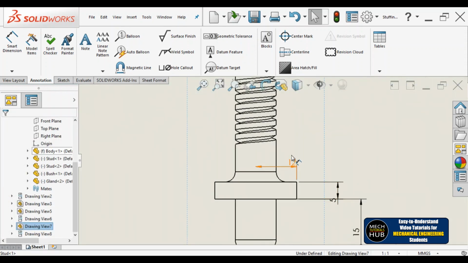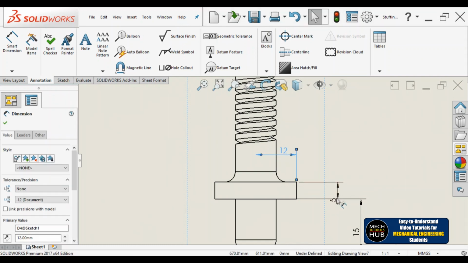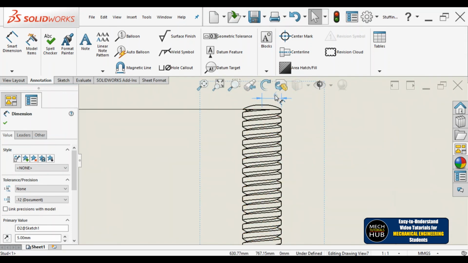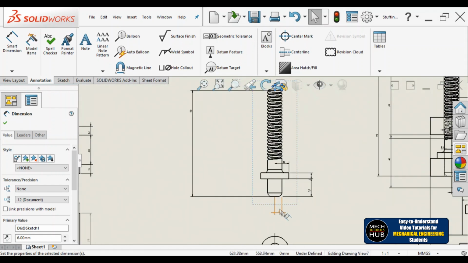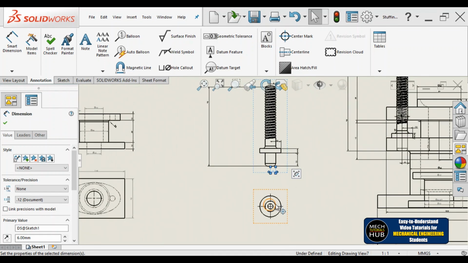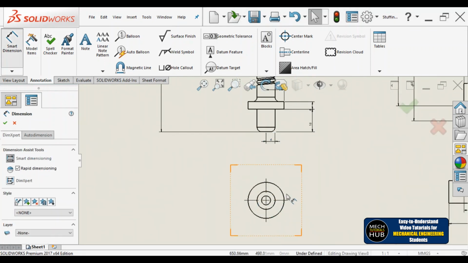Then whatever the dimensions we have considered while creating part drawing, all dimensions can be seen here. So you can cross check if you have any doubt. Every dimension you got it. Overall it is going to be 12, only half of it I am showing. If you want to show the circle diameter, that can even be shown.